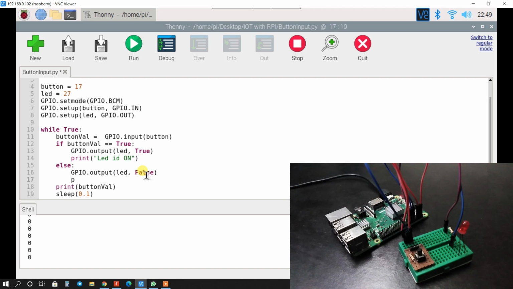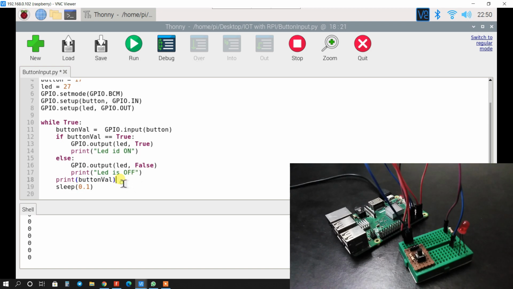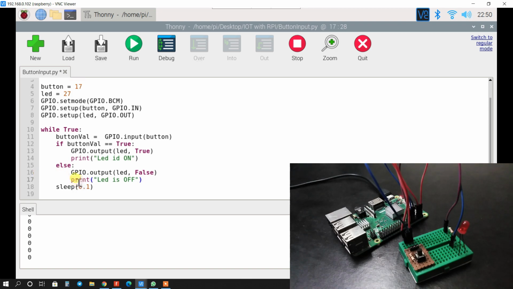Okay, and here it will print LED is off. Okay, I will remove this. Now the code is ready. Stop and run again.